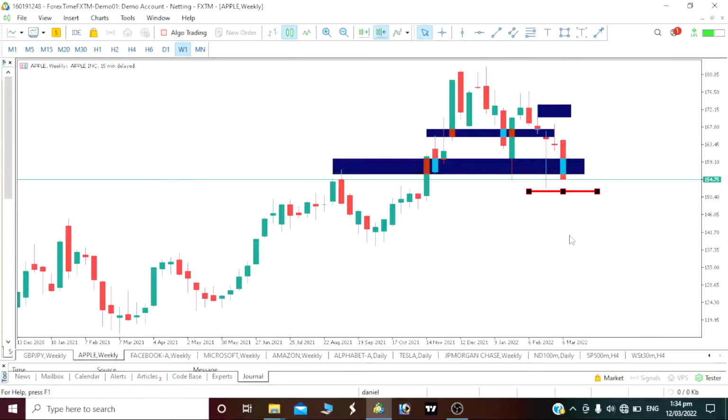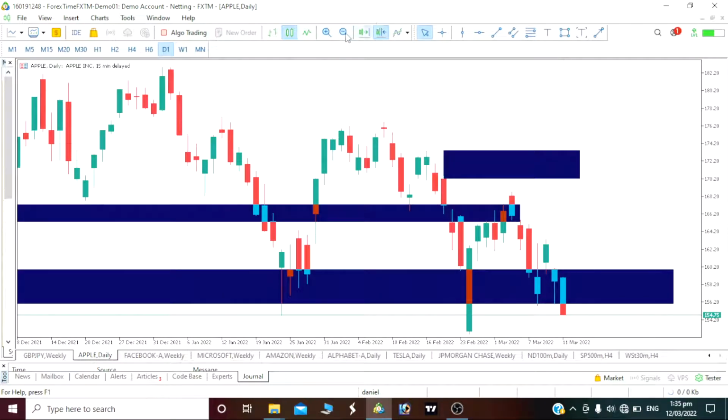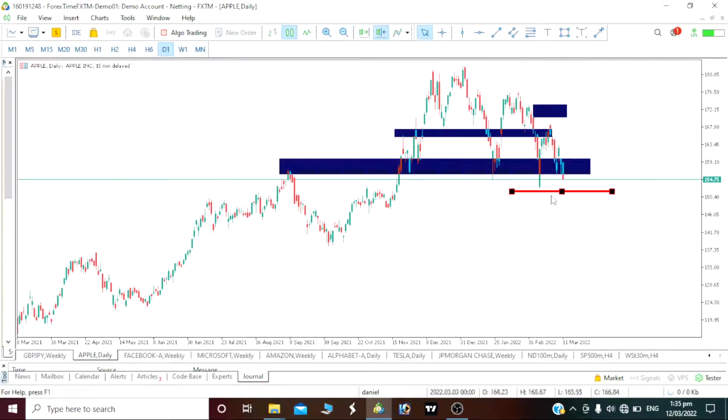The first one that I have here is our Apple, and I'm analyzing the weekly. I'm on the weekly time frame. As you can see, our weekly is actually bearish. On our daily too, it is actually bearish. So basically we should be seeing some rejection around this key area. You see, we are seeing rejection here, which means our price has pushed up. Rejection here, our price has pushed up.